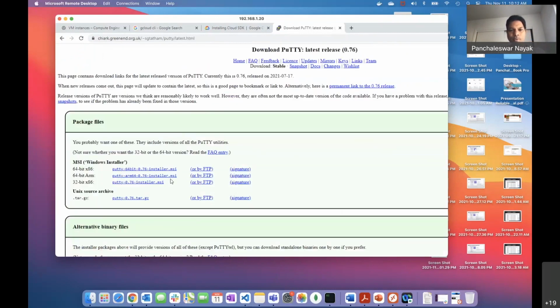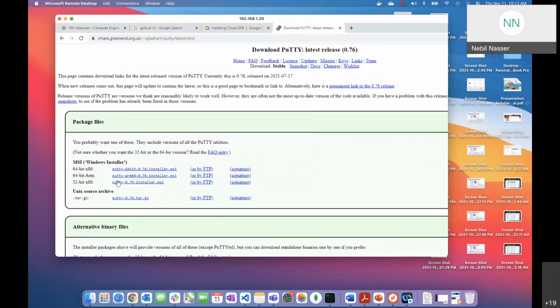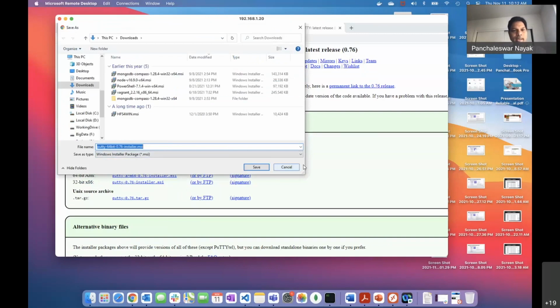and you'll see that you can use either one. 64-bit, I'll assume that you are using Windows, Intel. So this is the PuTTY 64-bit installer. Just download this. What's the difference between 64 and 32 bits? These are for older processors. I don't believe anyone today is using a 32-bit processor. All are 64-bit processors. So by default, use this one. I'm sure all of us are using 64-bit right now. So just download this and once it is downloaded,